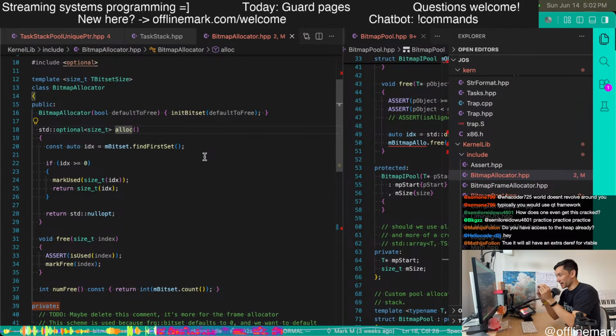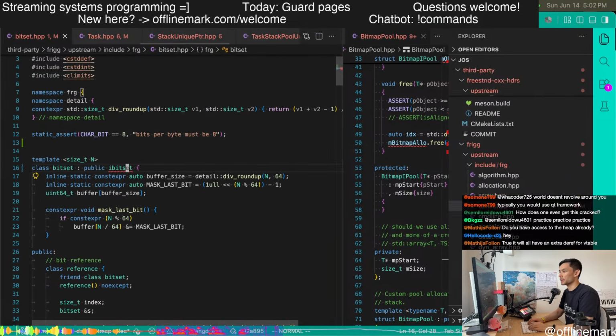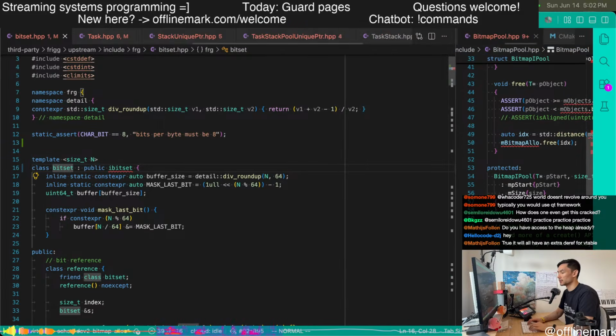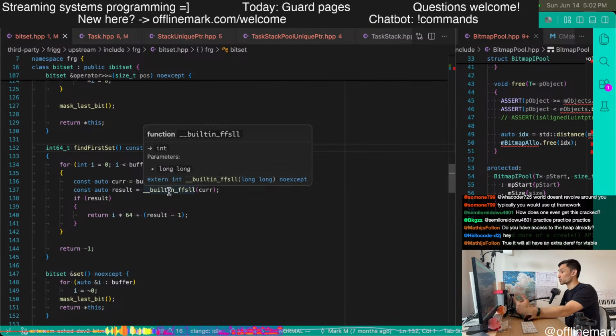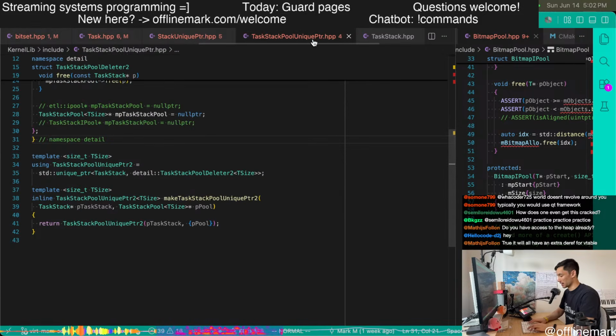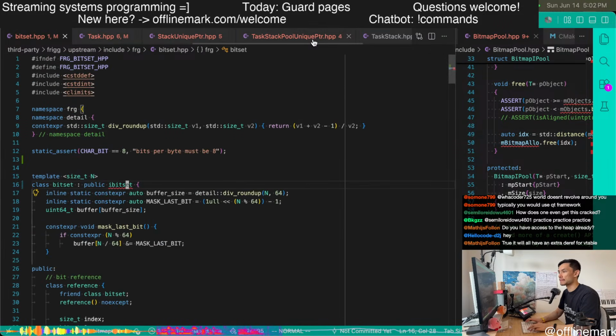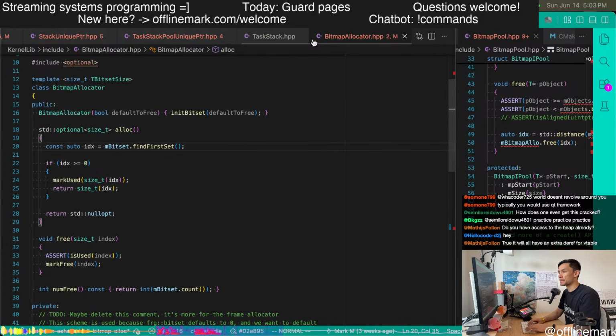Previously, it had all the bits, linear scanned using this super fast built-in, and then just marked it as used, which is just setting a bit.